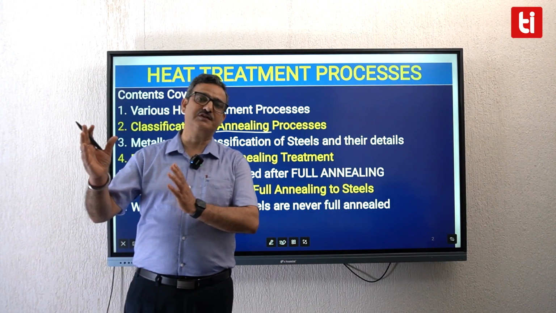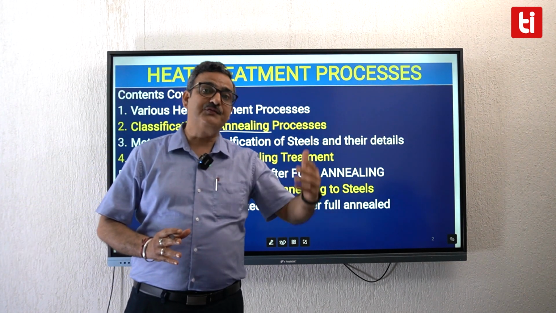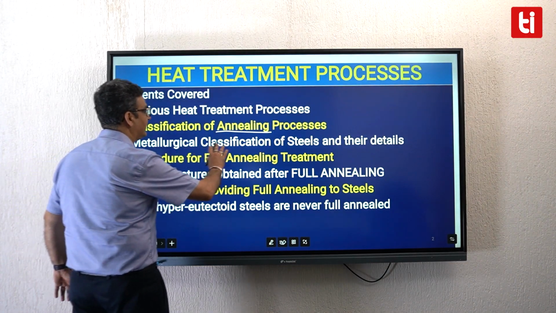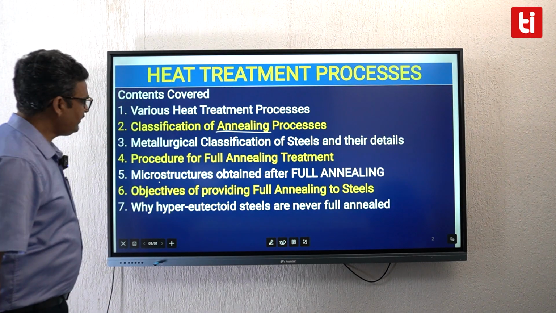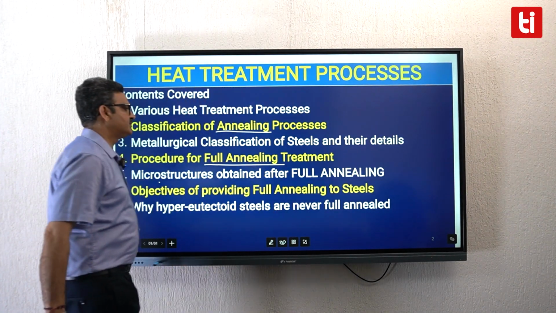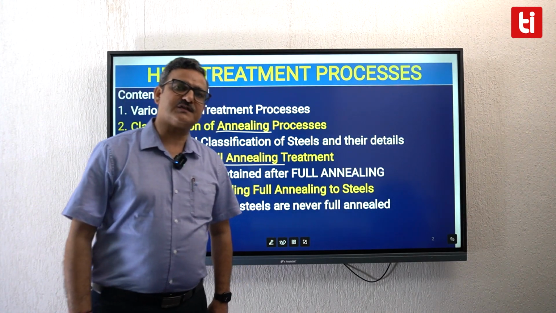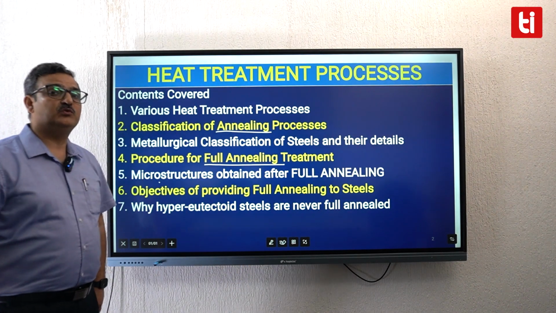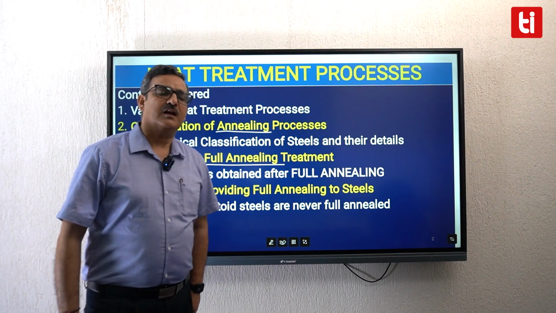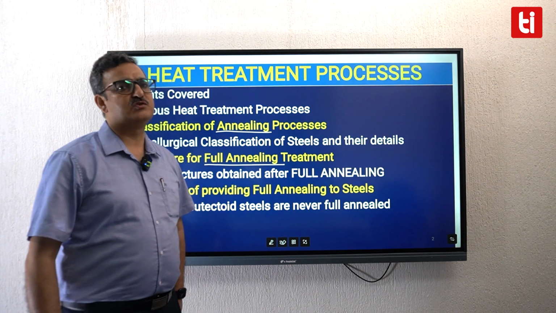So we have eutectoid steels and two other categories, and heat treatment is according to the type of steel under discussion. So we'll discuss various aspects of these different categories of steels, and then we'll start discussing this important heat treatment process which is called full annealing. How is this given to hypoeutectoid and eutectoid steels? And if it has to be given to hypereutectoid steels, though it is not given generally, what's the procedure and